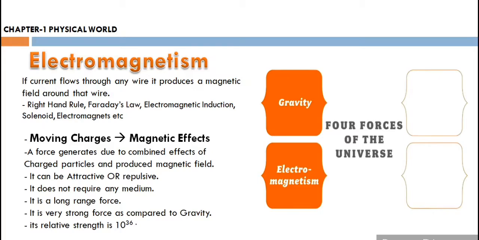Now starting with the first point, a force generates due to the combined effect of charged particles and produces a magnetic field. So this kind of force is called electromagnetic force. Now they are based on charges, right? And we know that there are 2 kinds of force, attractive and repulsive. Now when do charges attract? When they are unlike. And when do charges repel? When they are like. So this force can also be attractive or repulsive. Next point is,